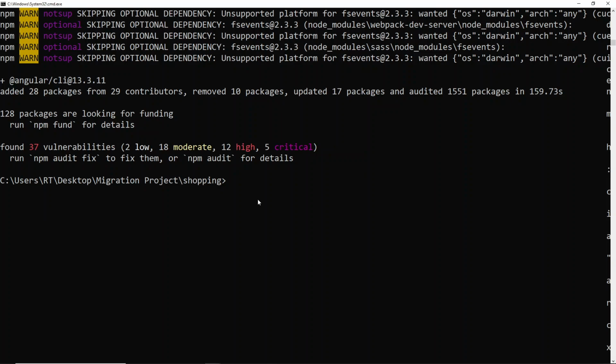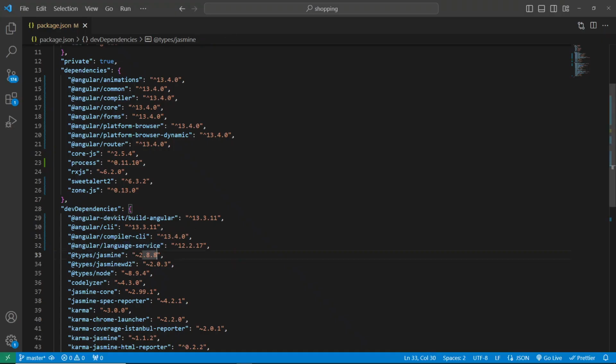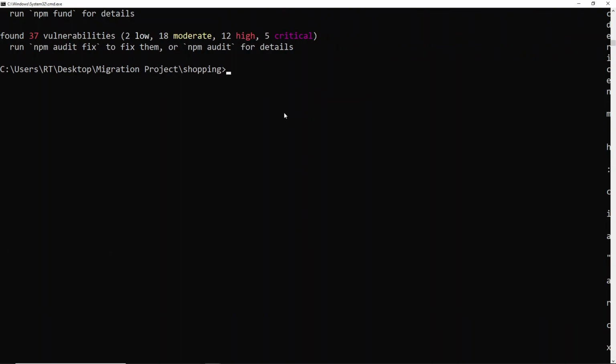As you see, the Angular CLI version has also been upgraded from 12 to 13. Now the last one we have left is the language service. So I'll go to my command prompt again and run this particular command. Let me enter the command correctly over here. The command which we are going to use to upgrade the language service is,